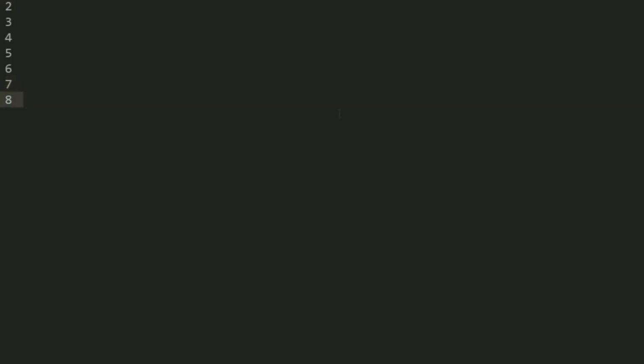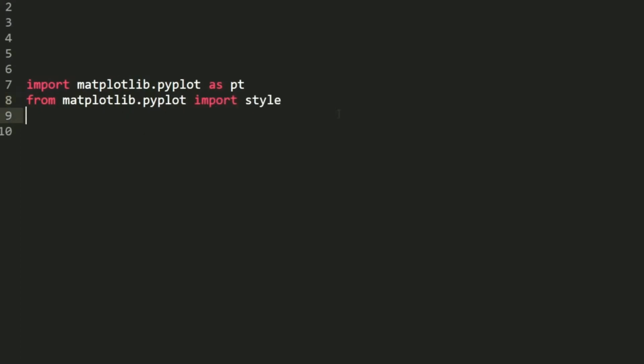The very first step you need to do is to import all of this stuff. So I'm importing matplotlib: import matplotlib.pyplot as pt. The second step is to import style from matplotlib, and now using style.use, we use ggplot in this case. Okay, so we have an x array, x is a list and y is a list.